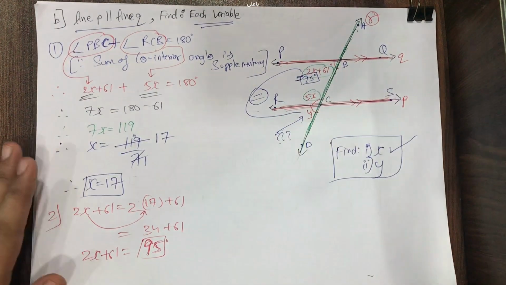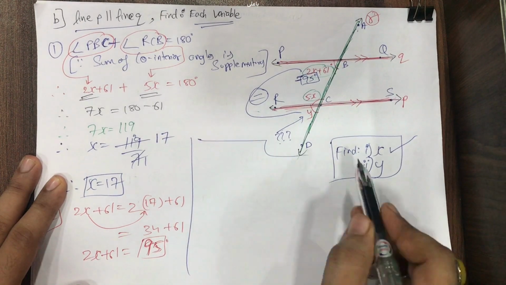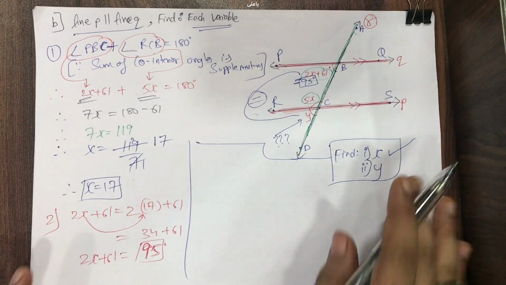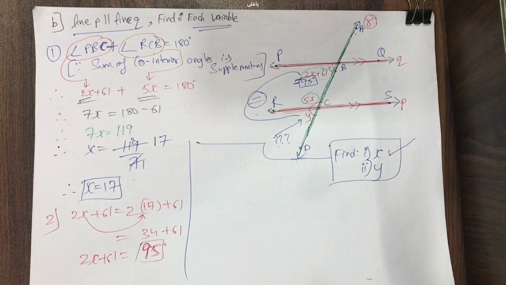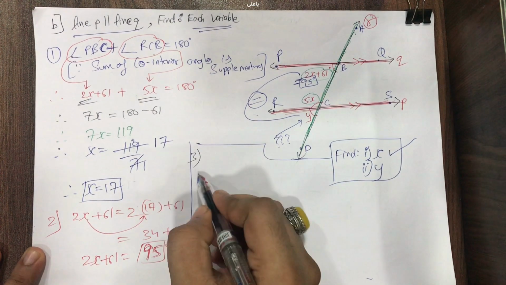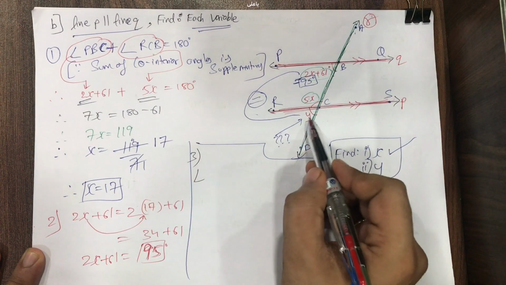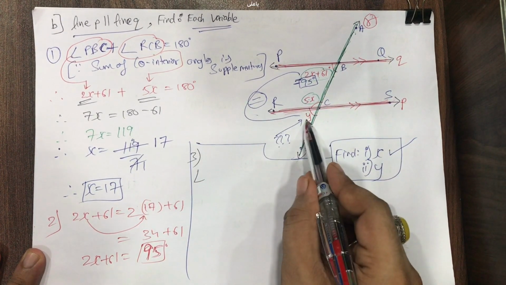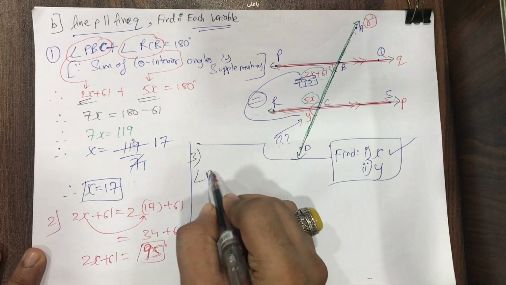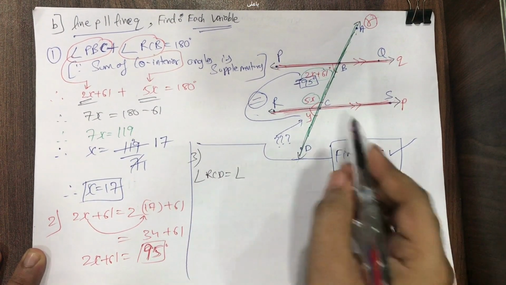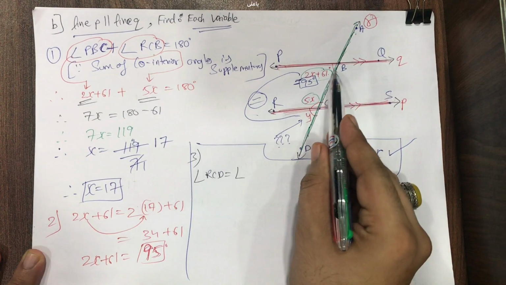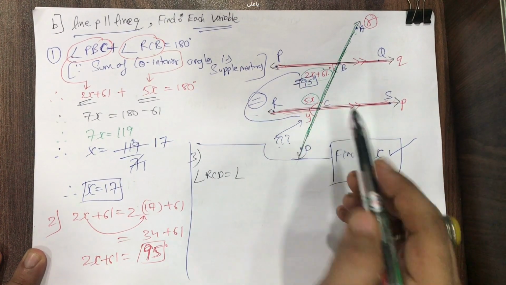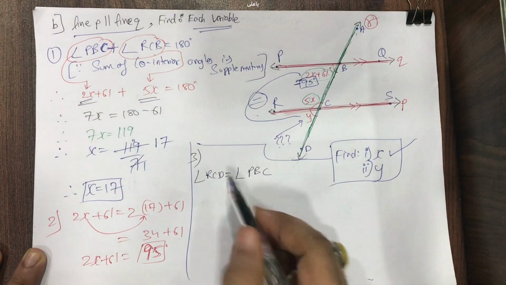This is 95 degrees. Now because I don't have place, students, that's why I'm drawing this line and bifurcating the page. You will draw one below another, please. Okay, the third sub part. Can I say angle y? What is the name of the angle y? You can say RCD or you can say DCR. I'll say angle RCD is equal to angle, what is its name? You will not say angle B. Either you can say PBC or you can say CBP. I'll write PBC. Angle PBC.